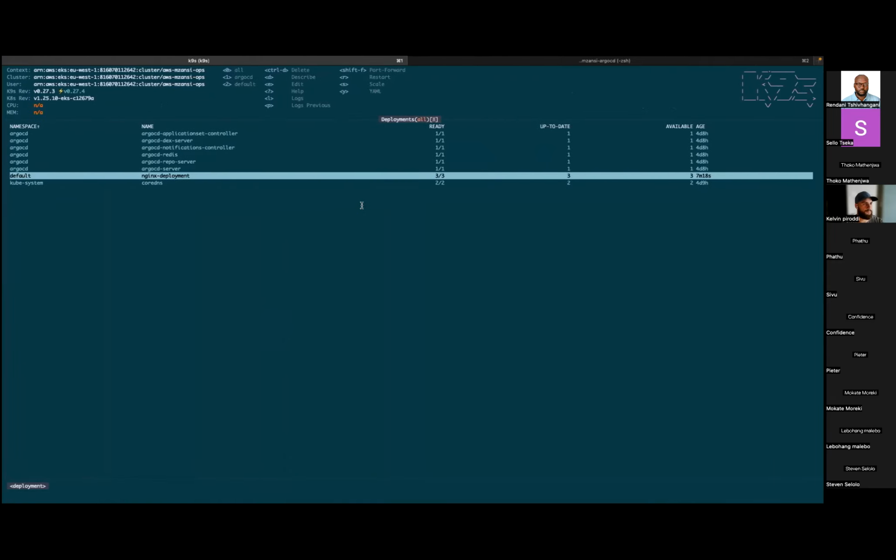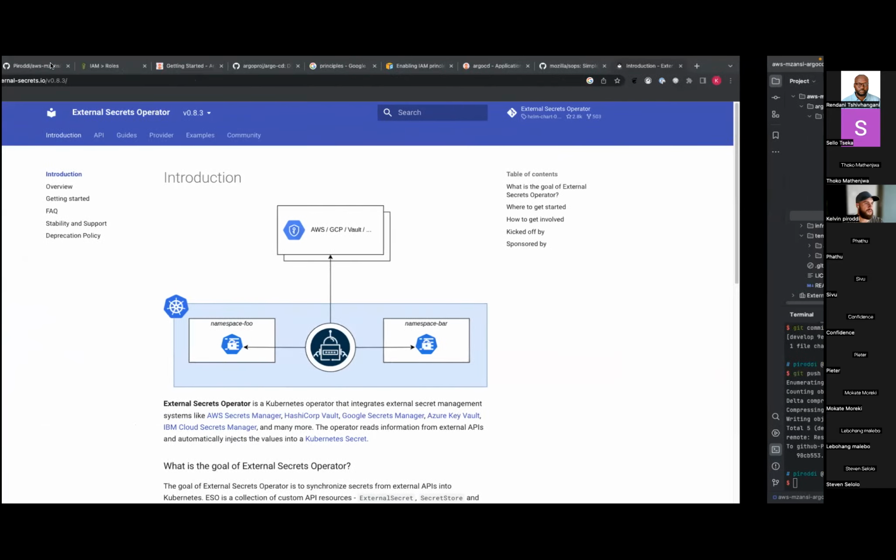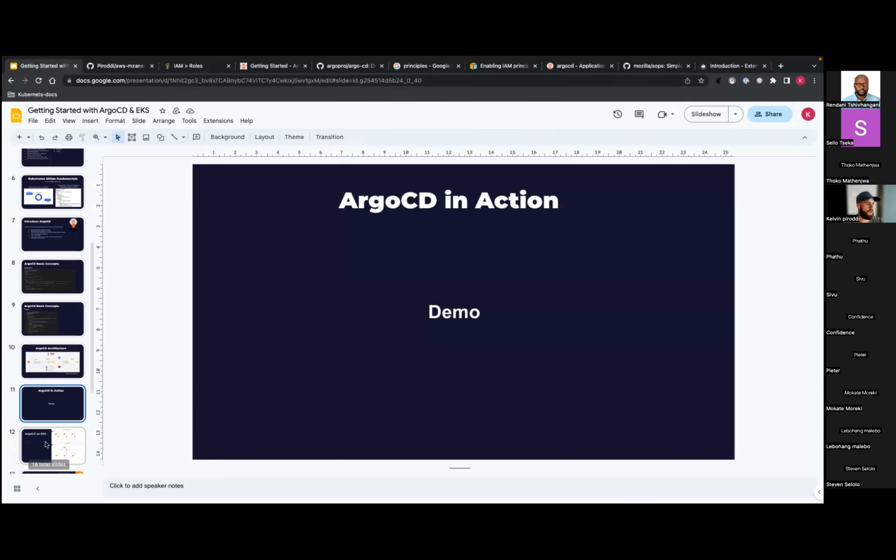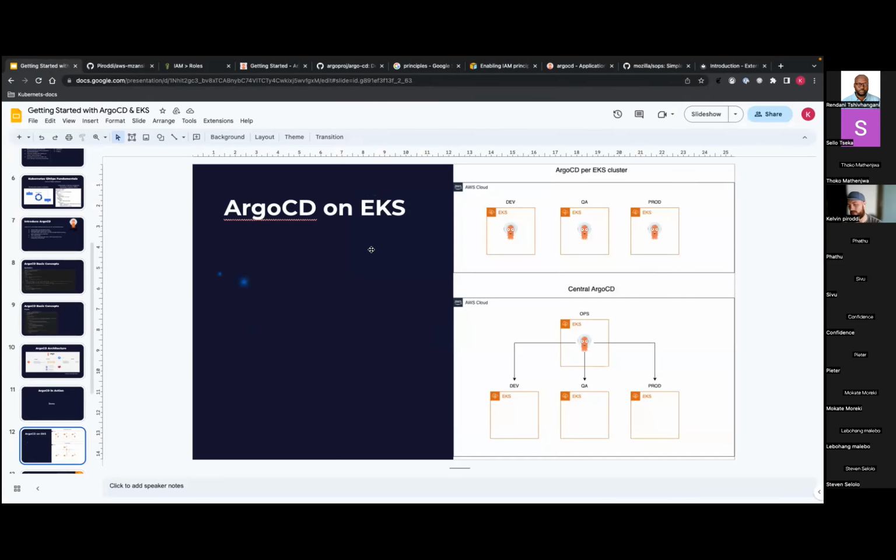Cool. So let's go back to the demo. ArgoCD on EKS. So like I said, there's a variety of ways to deploy ArgoCD. Imagine you have multiple clusters in your organization. You have a dev cluster, a QA cluster, or a prod cluster.